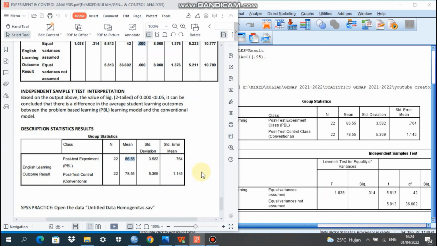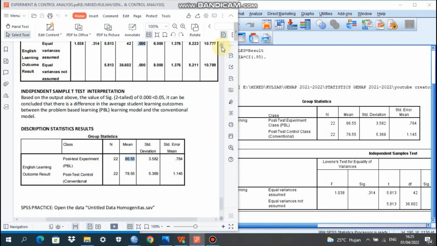Okay. So we have already got the result from the first research question that was already explored and also explained in the first part of the video, experiment and control class data SPSS for thesis, using descriptive analysis, normality test, and then because the data distribution is normal, we can go to the paired sample t-test for answering the first research question. And the second video is answering the second research question, whether there is a significant difference between the implementation of problem-based learning or the PBL learning model and the conventional learning.